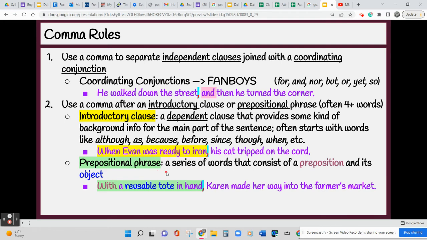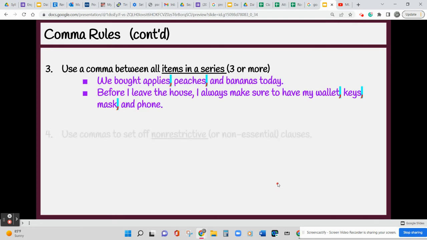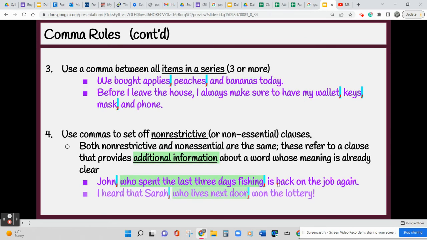A prepositional phrase is a series of words that contains a preposition and its object. So, with a reusable tote in hand, Karen made her way into the farmer's market. Rules 3 and 4. These ones are a little easier than maybe rule 2. Rule 3 says we use a comma between all items in a series, and we use this when we have